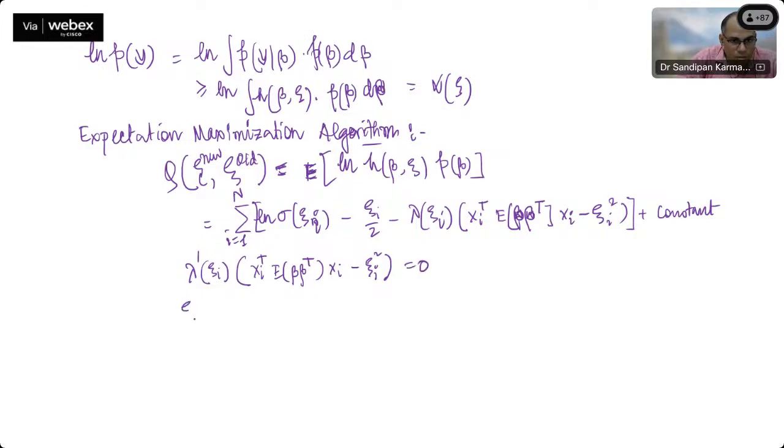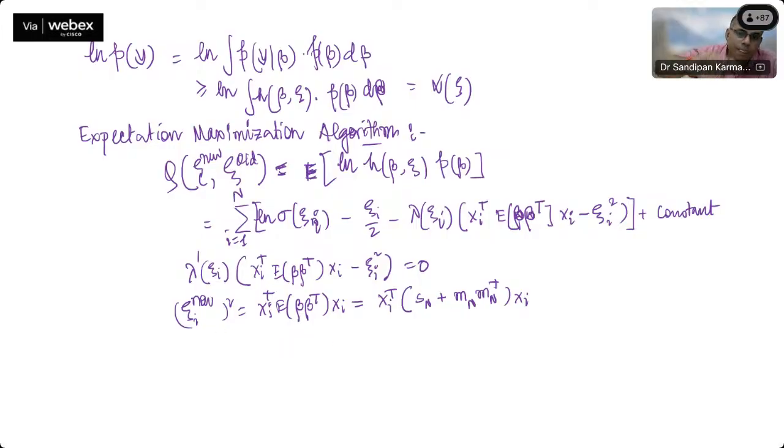So now xi i new, that square will come as xi transpose E of beta transpose xi, and this is nothing but xi transpose E. What is E, the expected value of beta transpose? That will come as S_N plus m_N transpose, then xi,